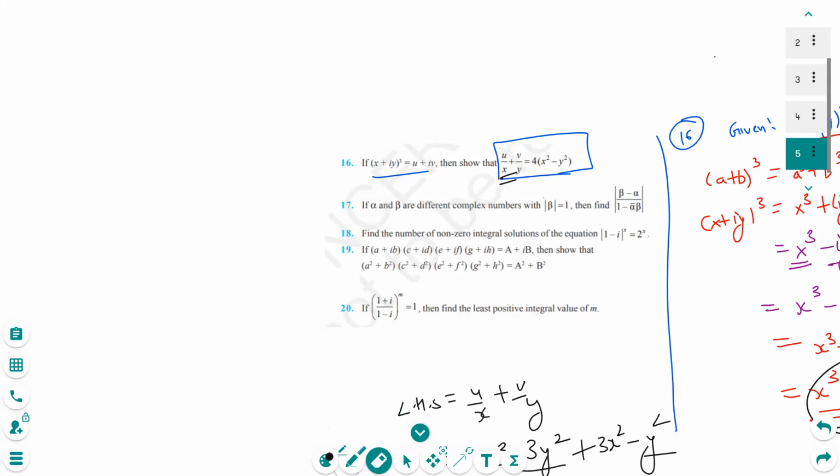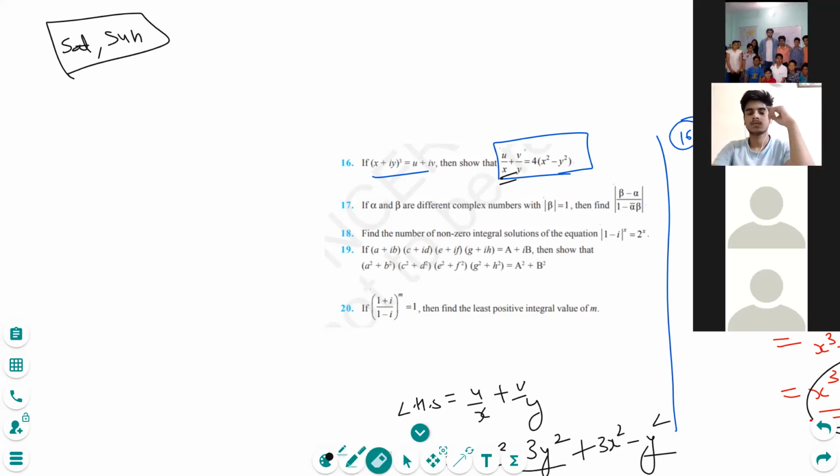And I will have your extra class tomorrow and Sunday as well, because your syllabus is quite large, bache, and I need to finish it before like November or December, so that you can do better at it, right? So you will have an extra class on Saturday and Sunday as well. No rest for me, no rest for you as well. Yeah. So be ready for your extra class.